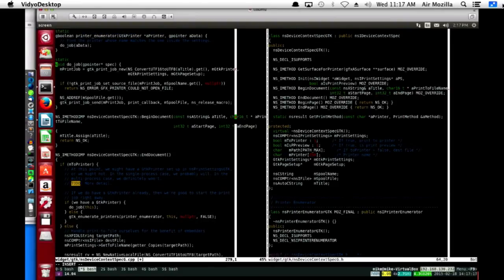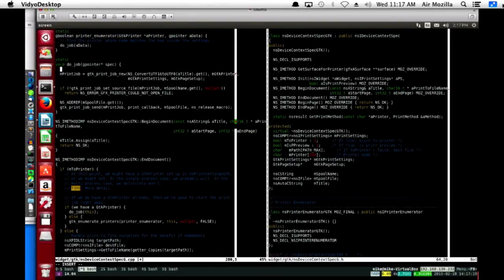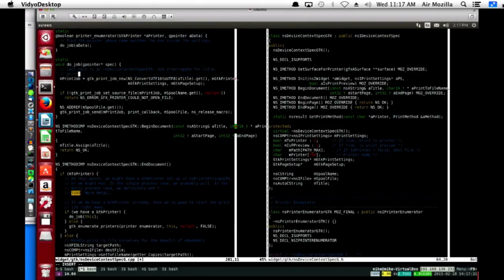We're going to have to, inside the print job, cast back to an NS device context spec GTK and interrogate for title, printer, print settings, page setup. That's the other thing. Print settings, spool, name, spool, file, etc.